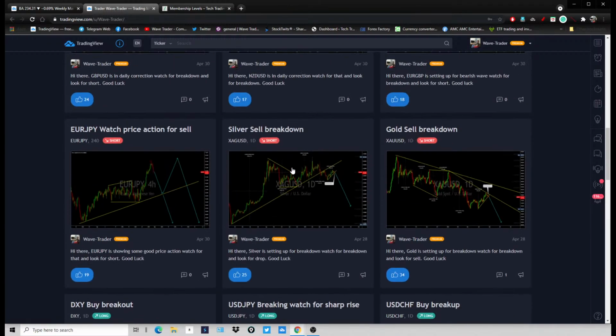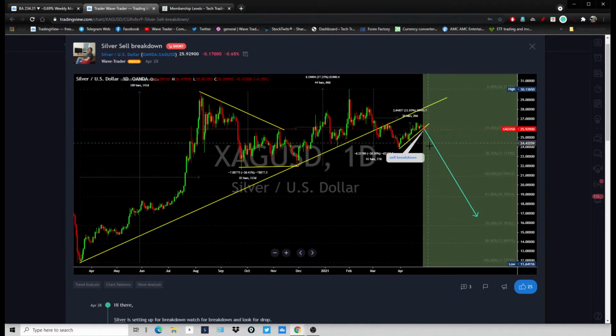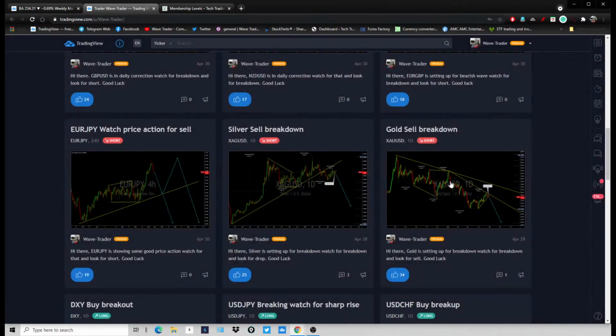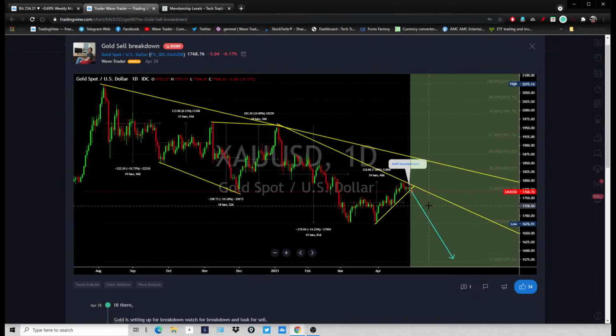Silver is also going to be a sell opportunity on a strong breakdown to the downside. We're going to look at that too. Gold is also going to be a breakout opportunity. Gold is breaking, but not so aggressively, not so sharp. So next week you are looking for this to break down aggressively, and there's going to be a sell opportunity on gold too. So you are simply looking for strength on the dollar across the market for the next couple of weeks to